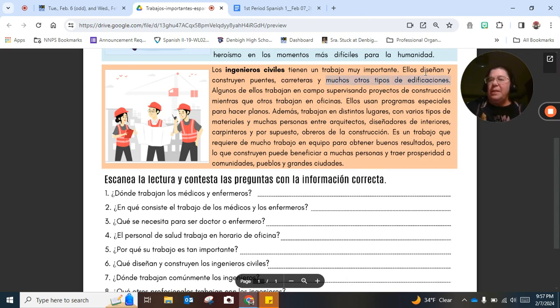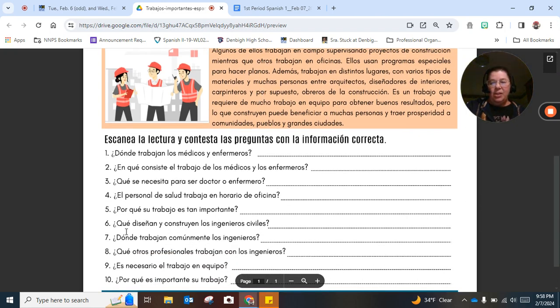Do you remember edificios from Spanish 1? We shouldn't look up all these words while we're doing this. We should break it down. But every now and then we need to look up some stuff. It's okay to look up puentes if you don't know what that is. It's okay to look up carreteras if you don't know what that is. And it's okay to look up edificaciones. Now, I was fine as long as you just put that in Spanish, even if you didn't know what it was, because I told you guys, hey, Spanish 3, we're reading like 3rd and 4th grade. Like, oh yeah, I can figure this out. It's up there. I got that one. So take a pause.